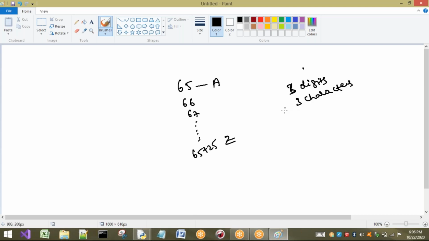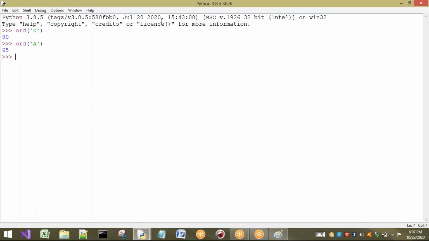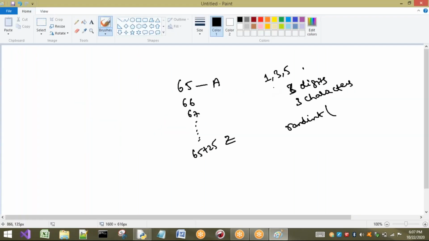So what do I have to do here? First, for the characters I am going to use randint. The 1st, 3rd and 5th should be characters, and the remaining 2nd, 4th and 6th should be digits, some random digits.